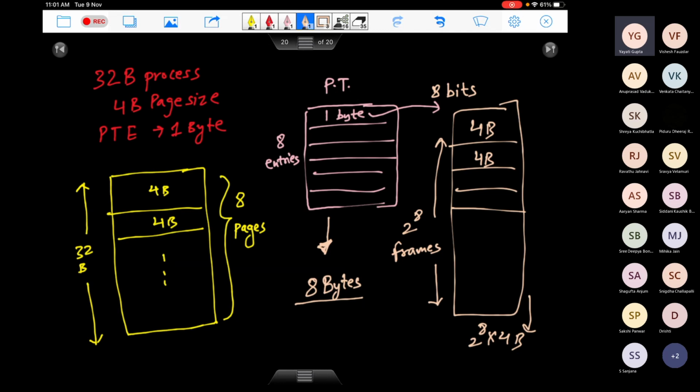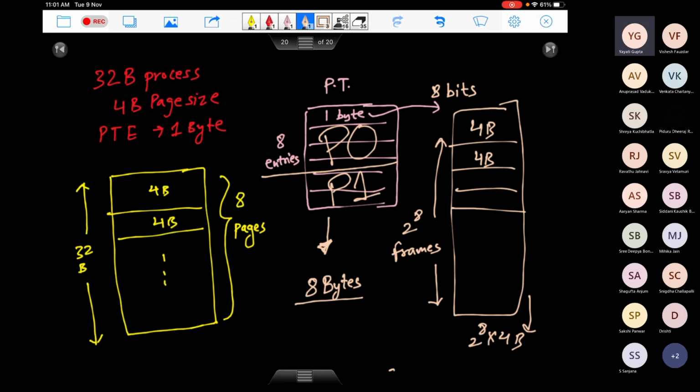So now look at the page table, it has become similar to a process. Whatever we were doing with the process before, exactly the same thing you are doing with your entire page table. Now this page table needs 2 frames in the memory. The point is, we do not want those frames to be contiguous. Those frames can be anywhere, just like the process. So let's say this is the first page of the page table. We are paging the page table instead of paging the process. This is the first page of your page table, the second page of your page table, right? The first page can go and sit in any frame, the second page can go and sit in any frame.